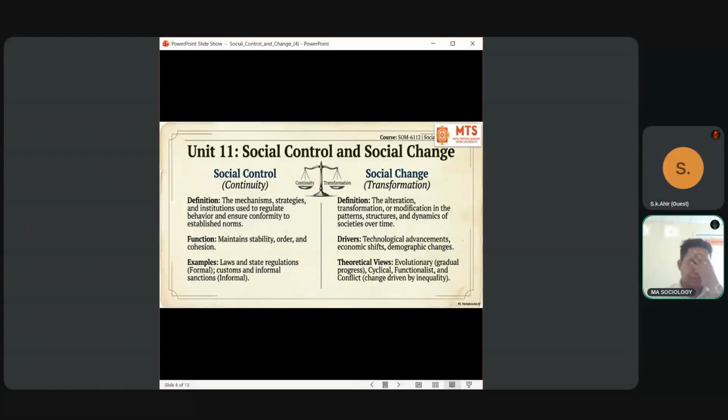Okay, so social control, for example, religion. Take for example religions. Okay, religion is a part of what? Social control. Because you also have a paper, sociology of religion, in 7114. So I will take the example of religion as an institution of social control. Religion, whether you go to a mosque, a temple, or a church.